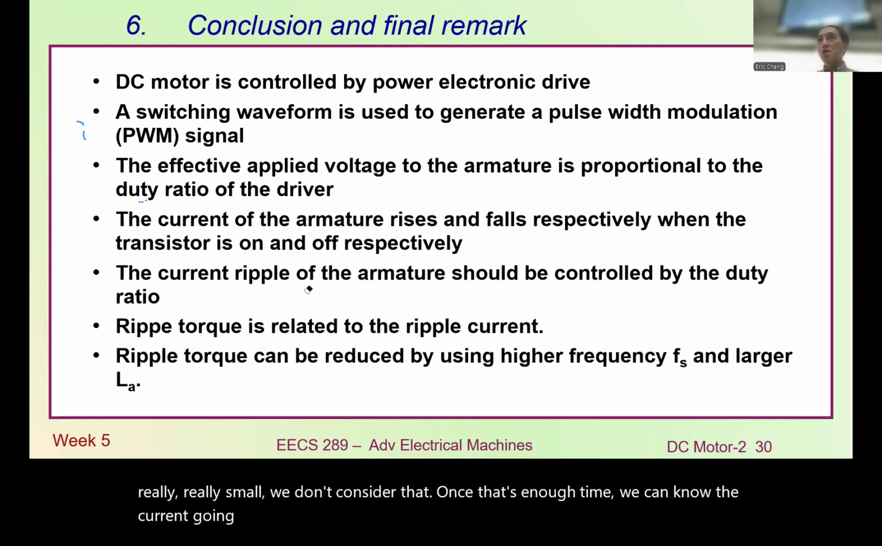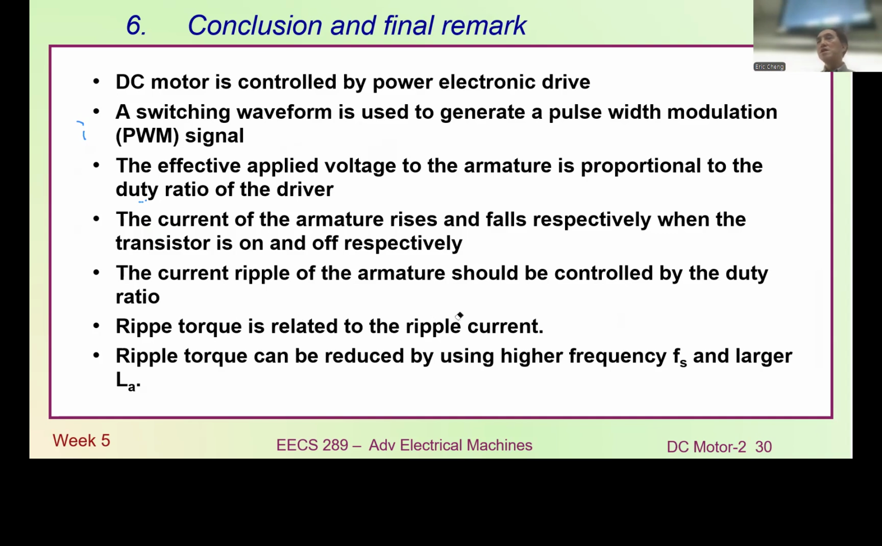The ripple of the current is controlled by the turn on, turn off time. And the torque is also affected by the ripple current. So we usually assume for motor design that the ripple torque will be less than 5%. That's the best. If more than 5%, you may feel some vibration on the motor shaft. So if you want to reduce the torque ripple, what you need to do is use a higher